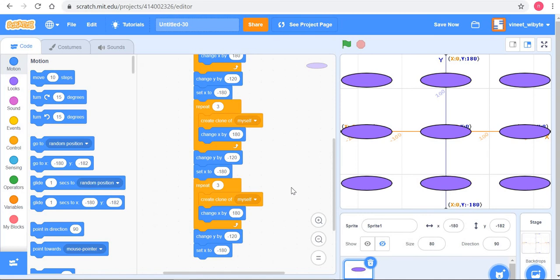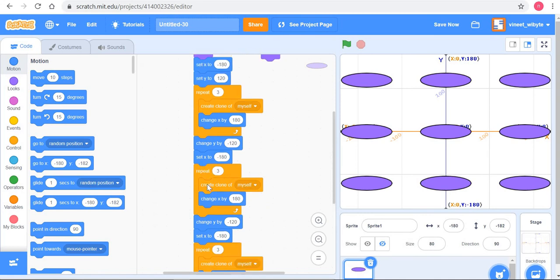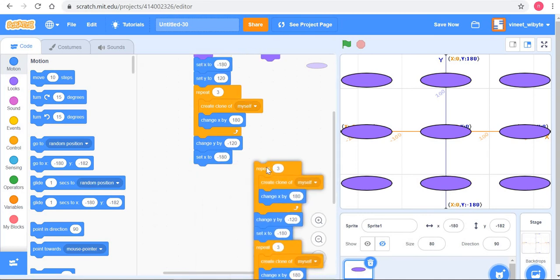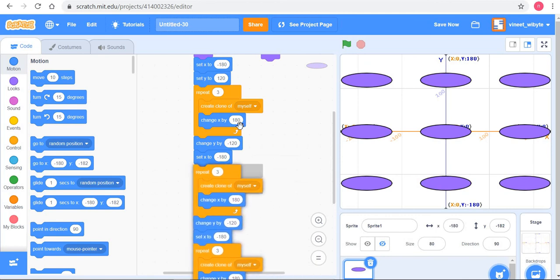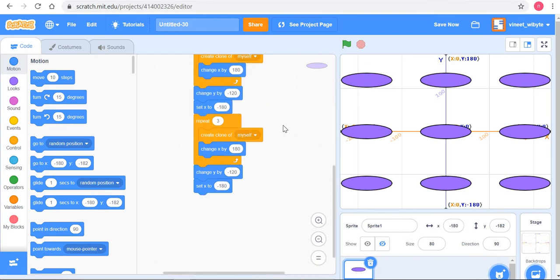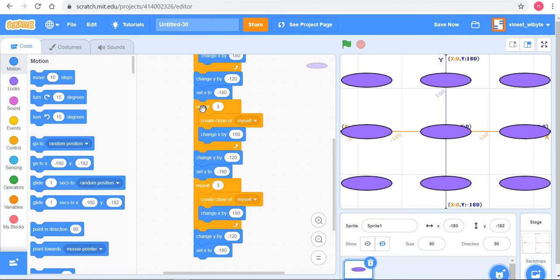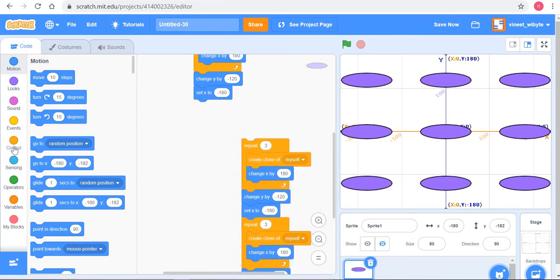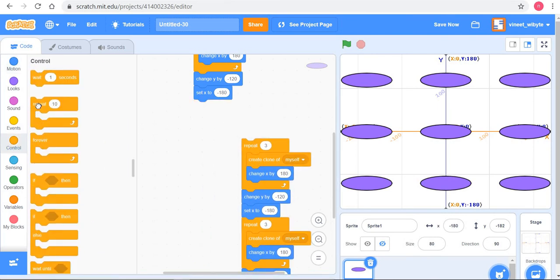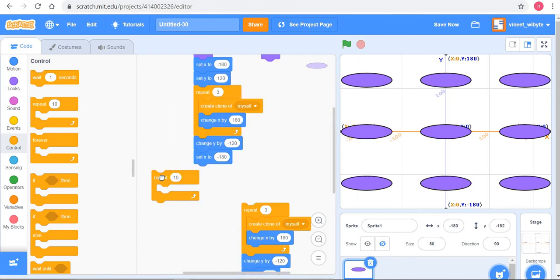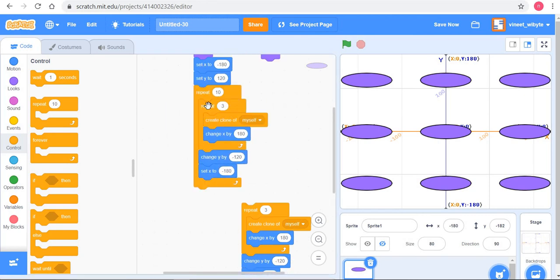So instead of writing repetitive code, remember this was just being repeated once, twice and thrice. Instead of doing that, I will go inside a repeat loop and repeat this whole thing 3 times, right? Which is exactly the same, because it will do this, it will do it again, it will do it once again. So if I did this 3 and 3, I will nicely get a grid of 3 cross 3, right?